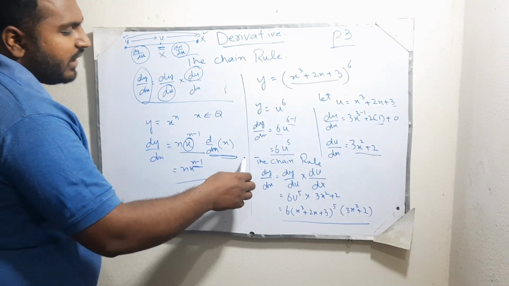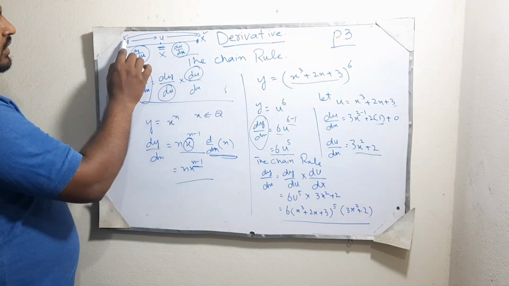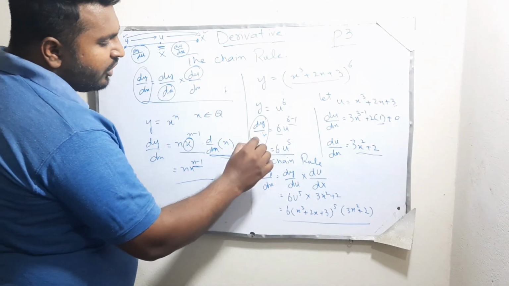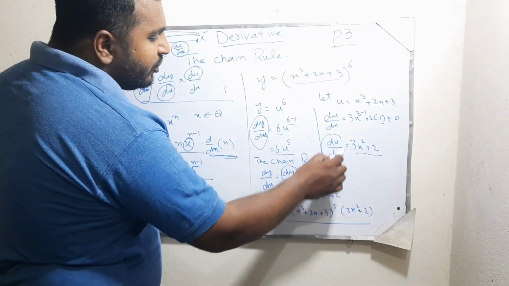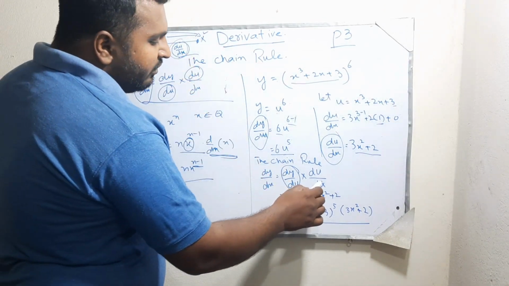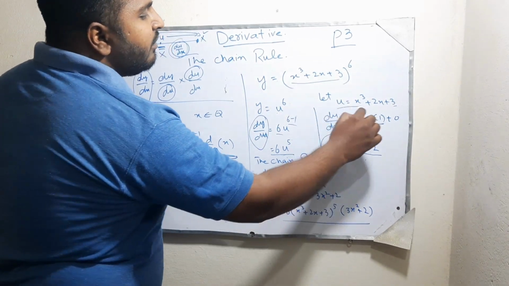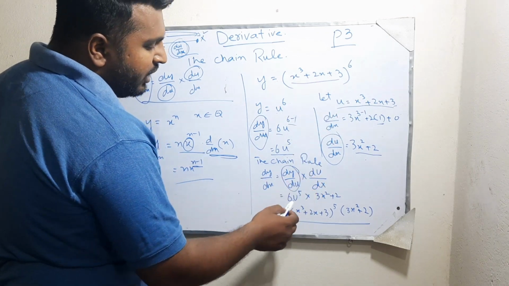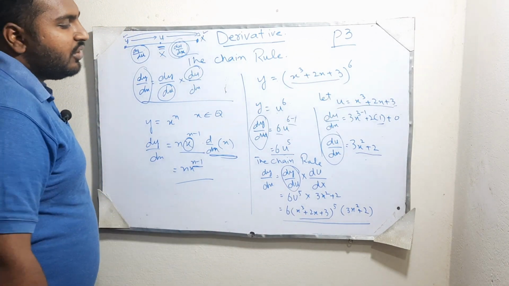Now we apply the chain rule. This is our dy over dx, like we have said here, from y to u, dy by du. This is dy by du, this one, and this is our du by dx, from u to x, the other half. We will multiply these two, this and this, and we will replace what we have let. U is equal to x power 3 plus 2x plus 3 here, like this. This would be our final answer. This was the chain rule.